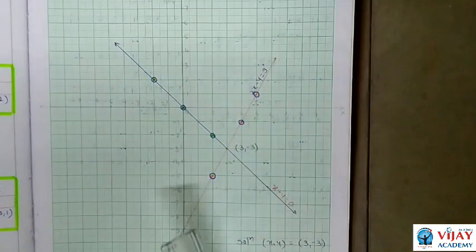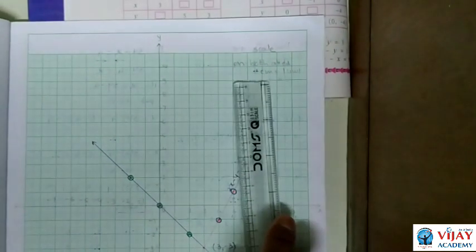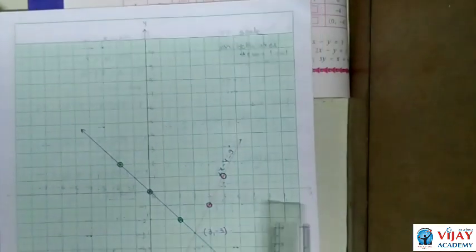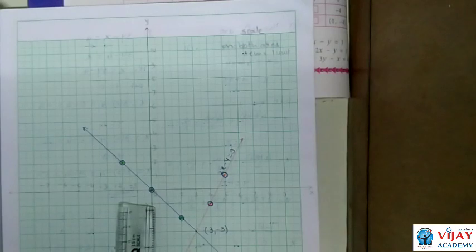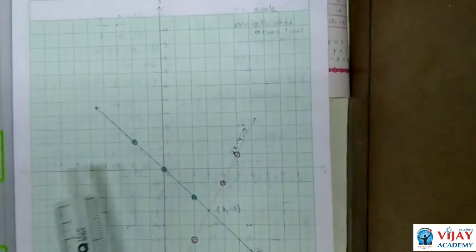Now in this case, first we take the scale on both axes. 1 centimeter is equal to 1 unit. You know that x-axis, y-axis, point of intersection is 0. Now for the first equation,